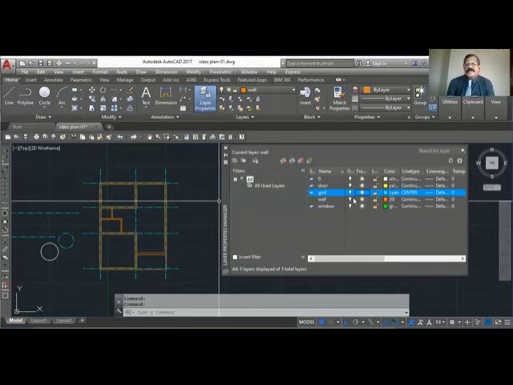For layer, we have freeze and thaw. There is no word unfreeze. Just to understand, I'm telling you unfreeze; in brackets, it is called thaw, T-H-A-W.